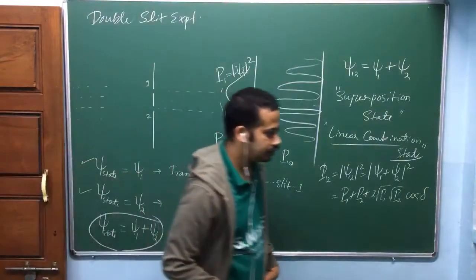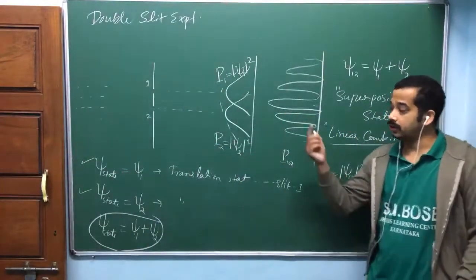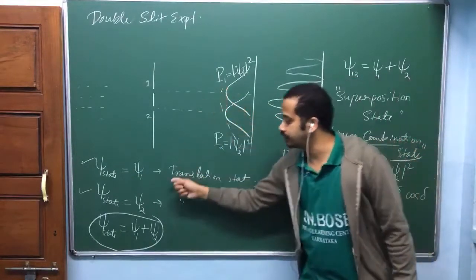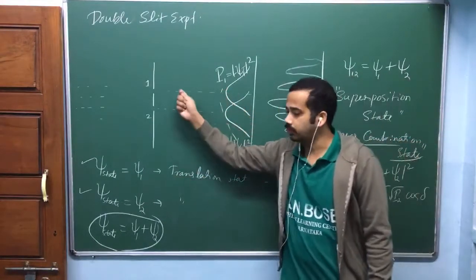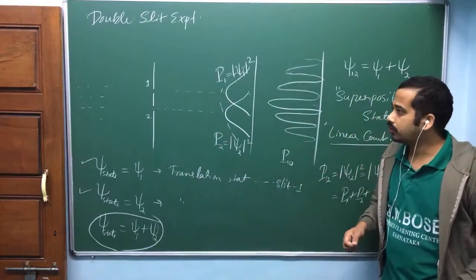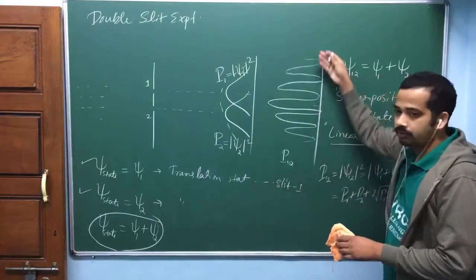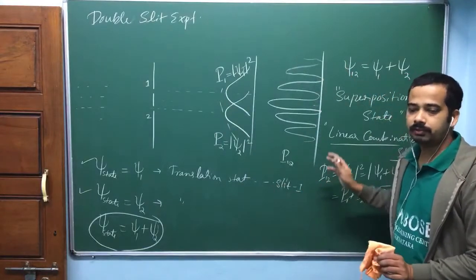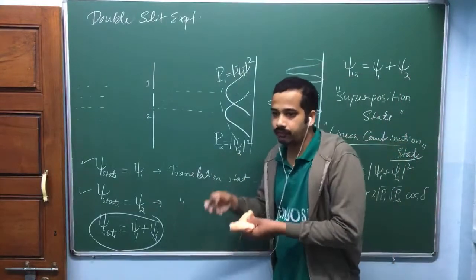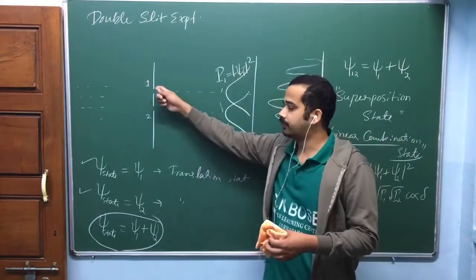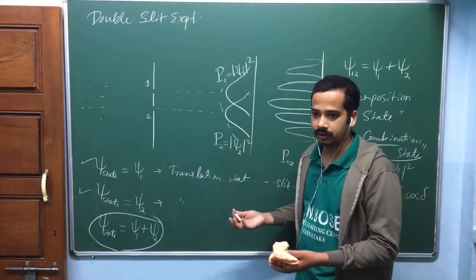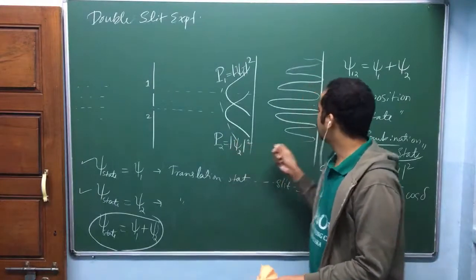The electrons which are reaching the screen, if you try to observe through which slit they have passed, you will get one of these two, either slit 1 or slit 2. Suppose you take 1000 electrons and do measurement of all 1000, then what will you get? Around 50% of them pass through slit 1, and the other 50% pass through slit 2, isn't it? That's what you observe, obviously. So then this pattern will be lost.